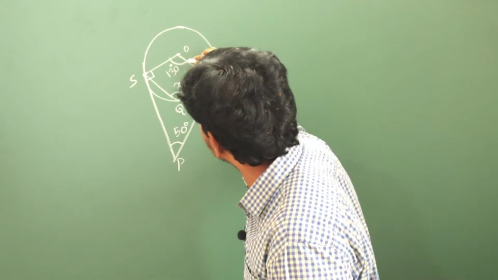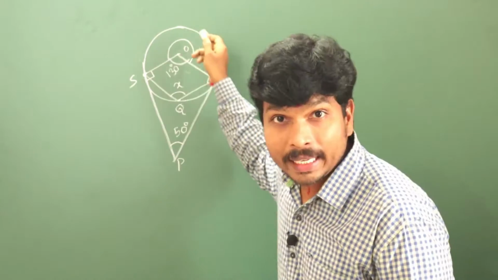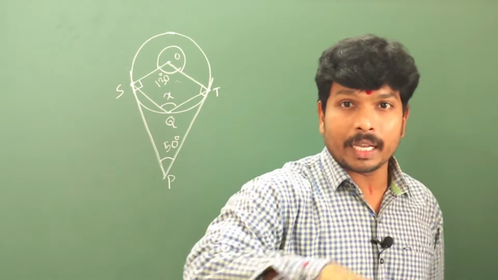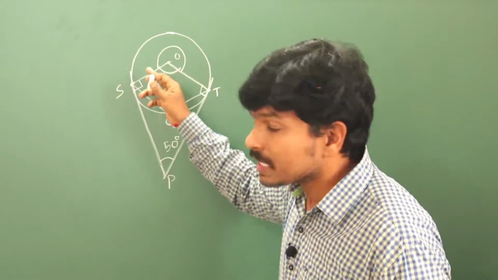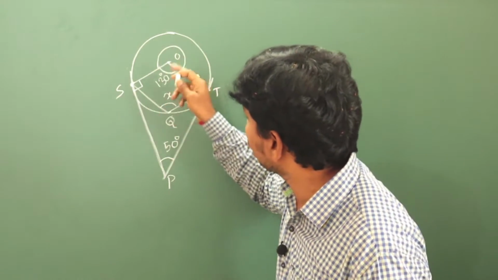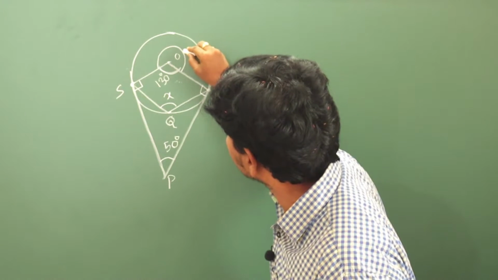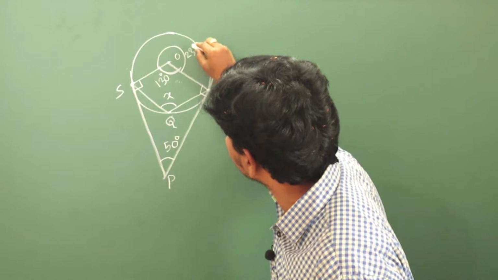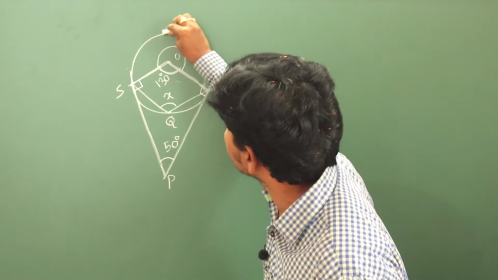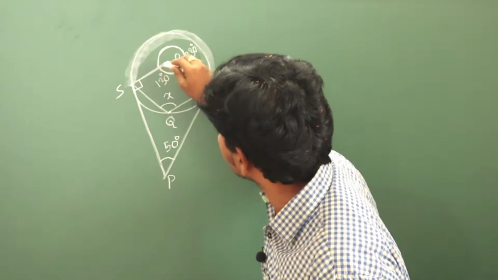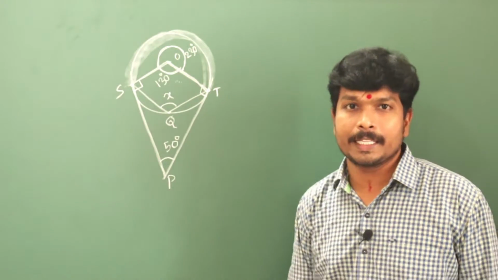Now observe, here 130 degrees, no? Then what is this? This is the complete angle. Angle around the point how much? Angle around the point is nothing but a complete one rotation, 360 degrees. Now the entire value is 360 degrees. This interior value is 130 degrees. Then this is how much? 230 degrees. See, this is the major arc. This major arc subtends an angle at the center of 230 degrees.